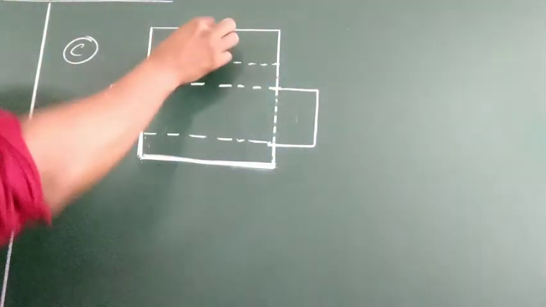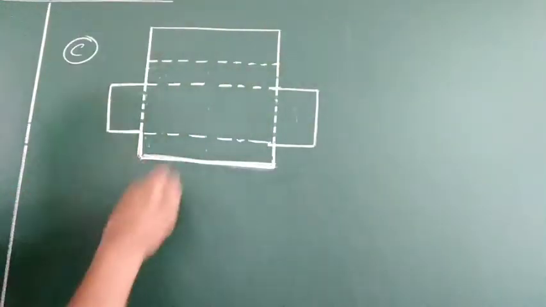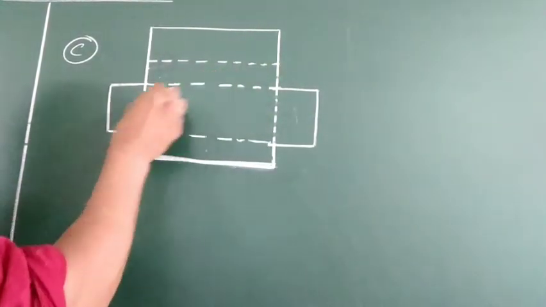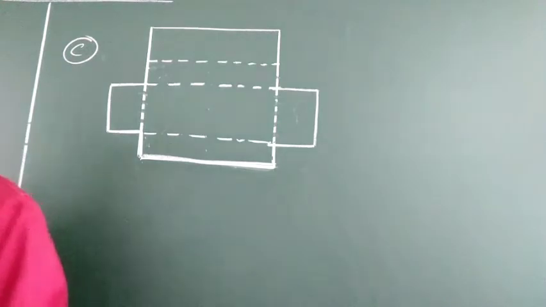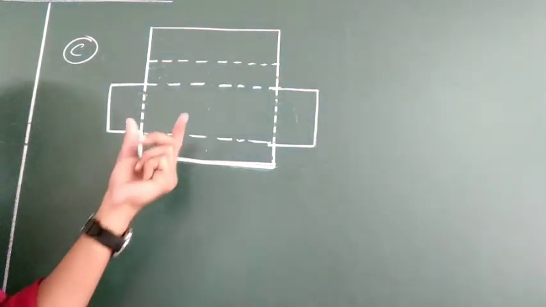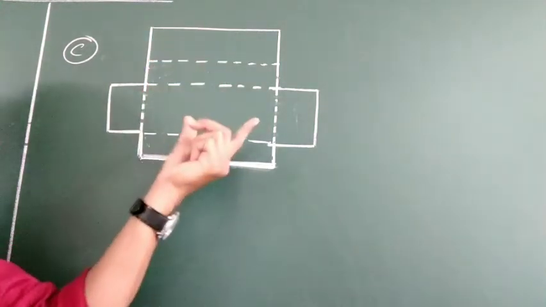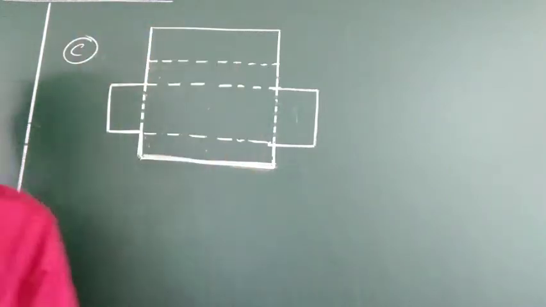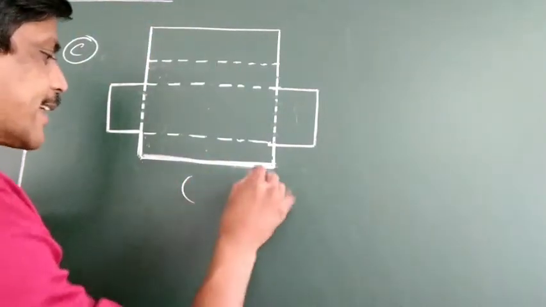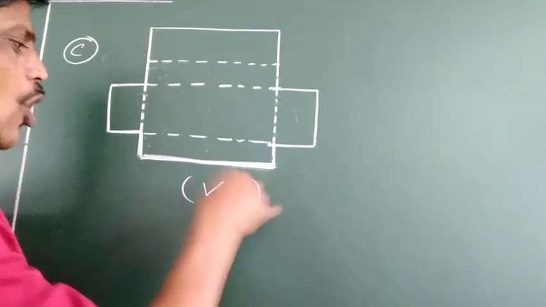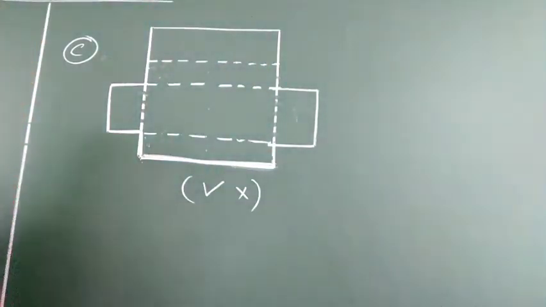Now see, 1, 2, 3, 4, 5, 6 faces are there. And this is one dotted line, two dotted lines, 3, 4, 5 dotted lines are there. Now we have to check whether after folding from the dotted line it will change into a box or not. तो हम देखते हैं इसमें हमारा आंसर क्या होगा, whether it will be right or wrong. ये आंसर हमारा right होगा कि wrong होगा.